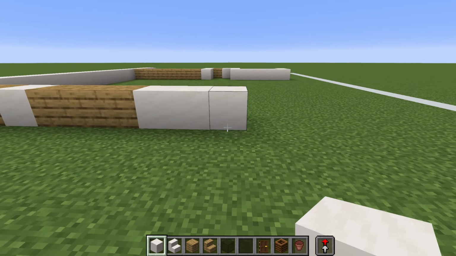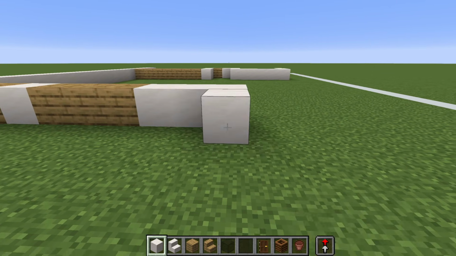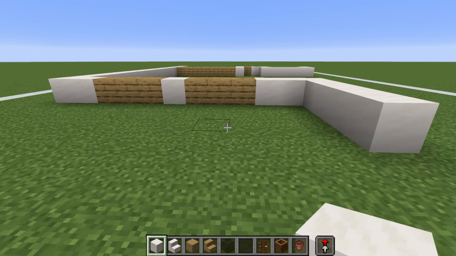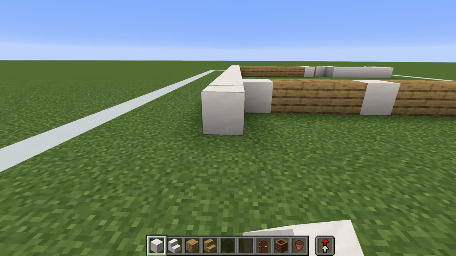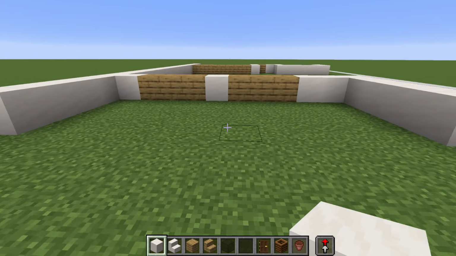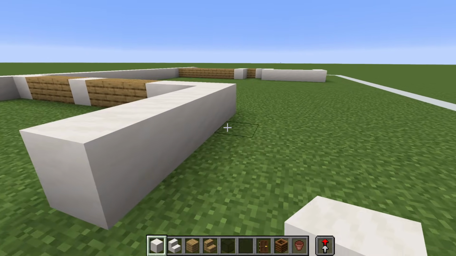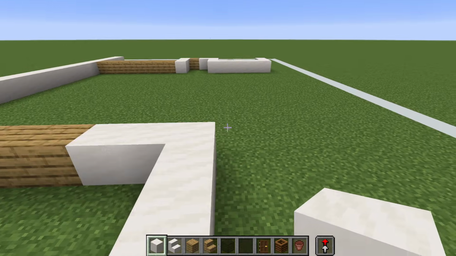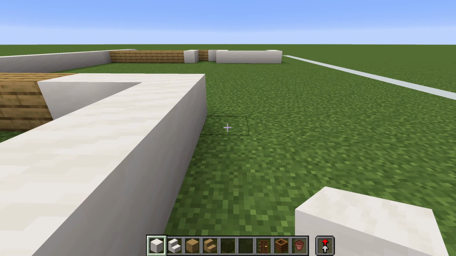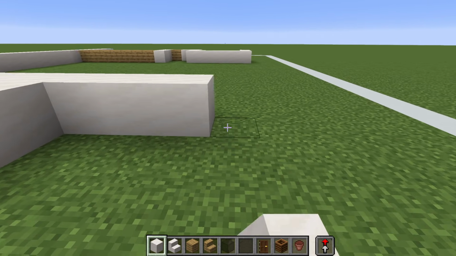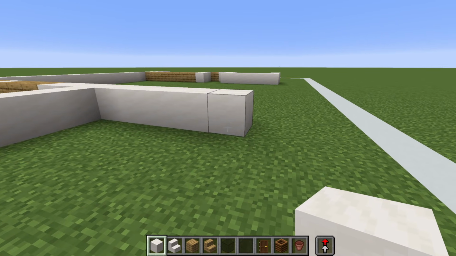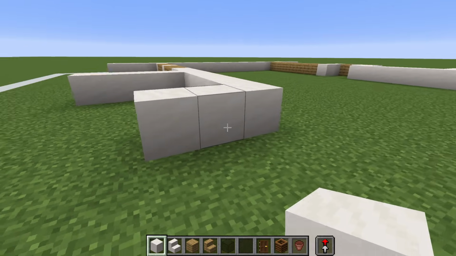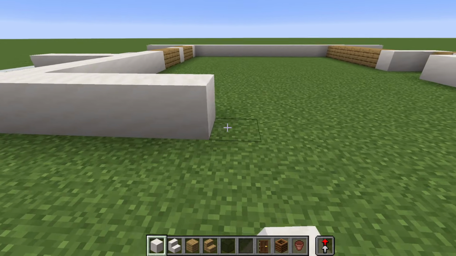We then want to extend forwards by 4. And we actually just want to come back over here and do the same. And then we can return all the way back to here and extend to the right by 5. Here we will extend forwards by 2, but we will also extend all the way